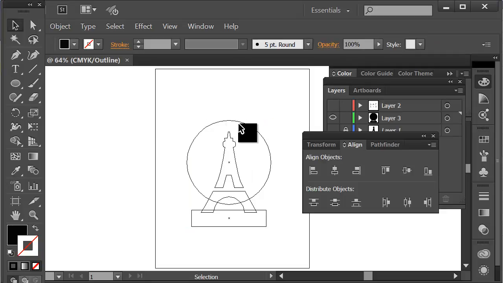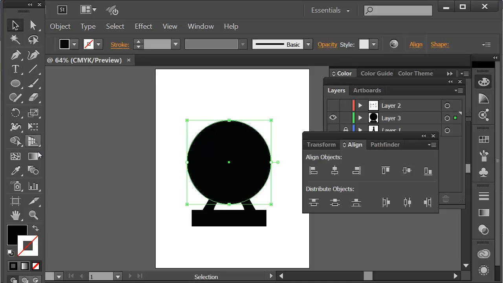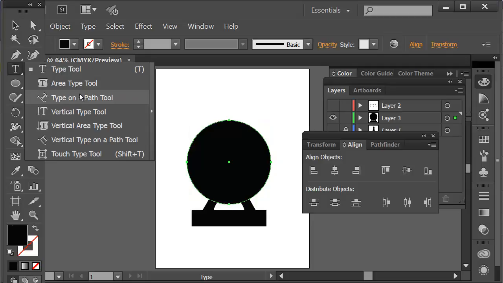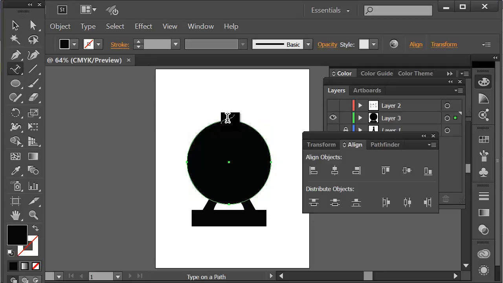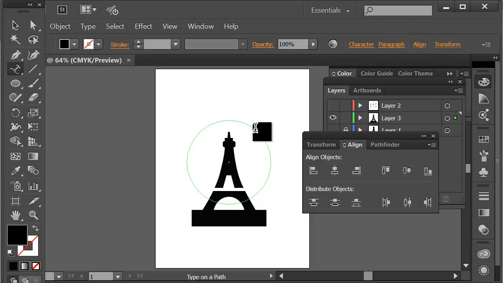So now what you can do with this is this, for example. You can go to, let's say, the type on a path tool, okay? So that gives me a funky looking icon. That means if I click right here on the path, that fill will go away, and it's now a path tool that allows for text. I just typed upper crust. I'll now double click on it or triple click on it